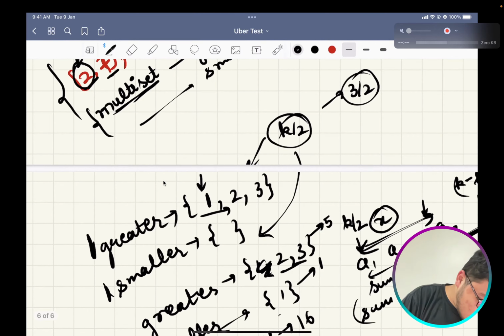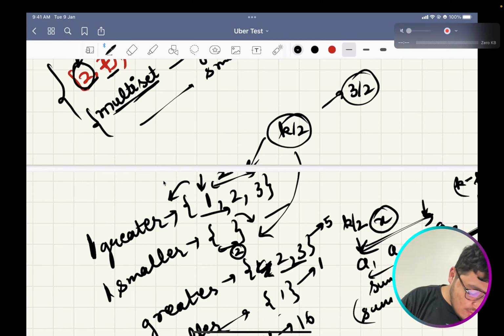If my 2 lies in between this set, then I would be only considering it. If it's higher than this or lower than this, that won't be of any use for me.